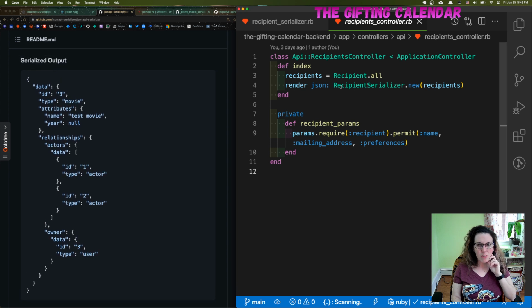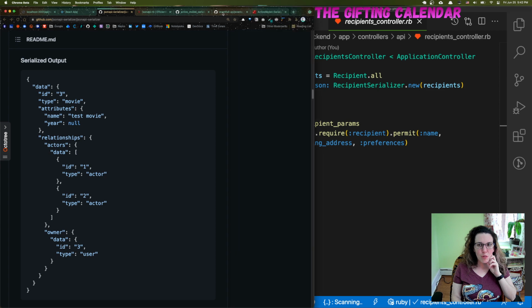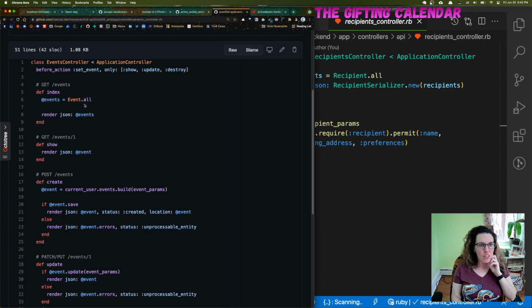Yeah, I understand that. So it's cool. I'm a little puzzled because in this example, the index, they're setting Event.all to events, right? And then they're calling render json on the events